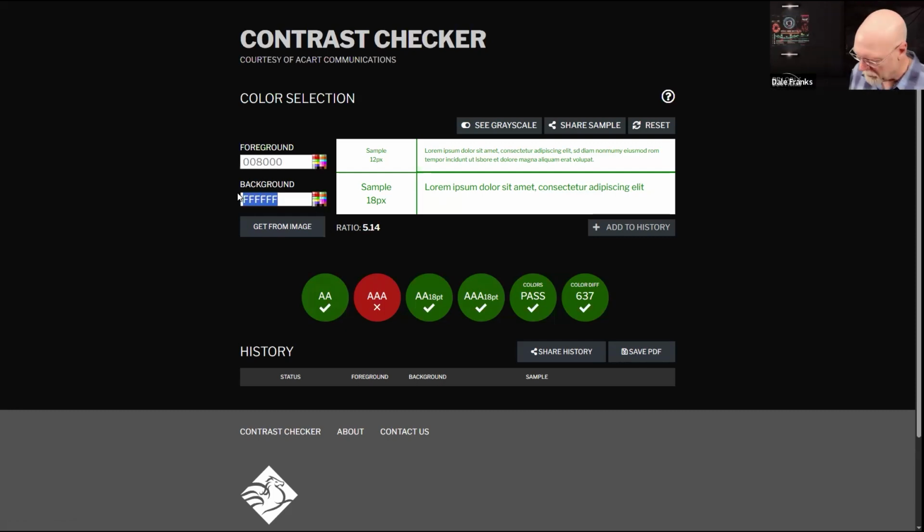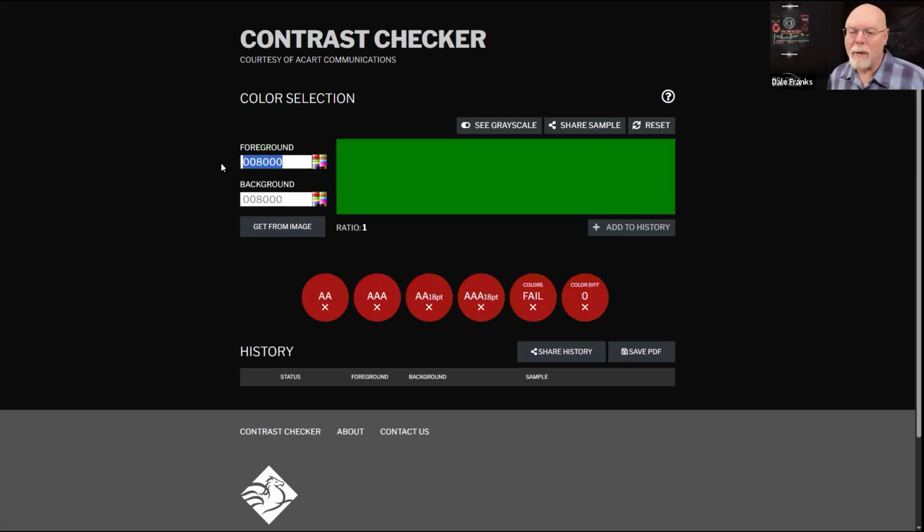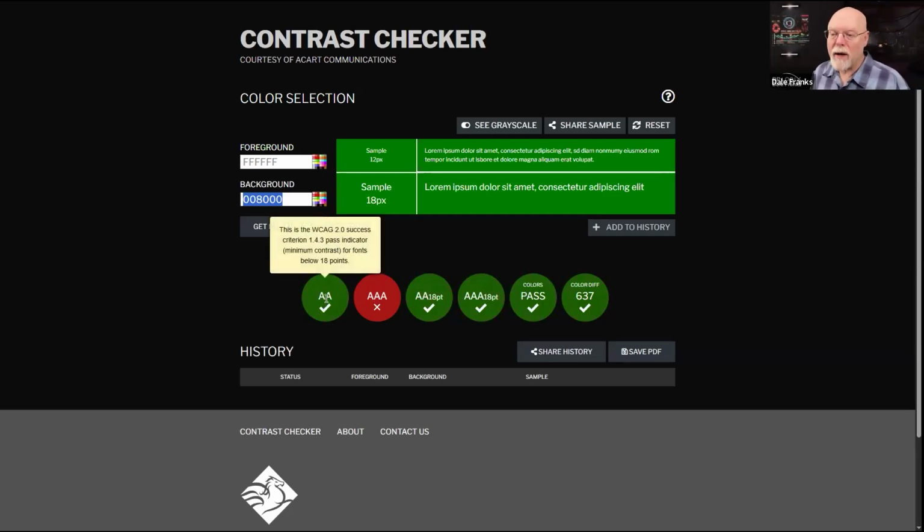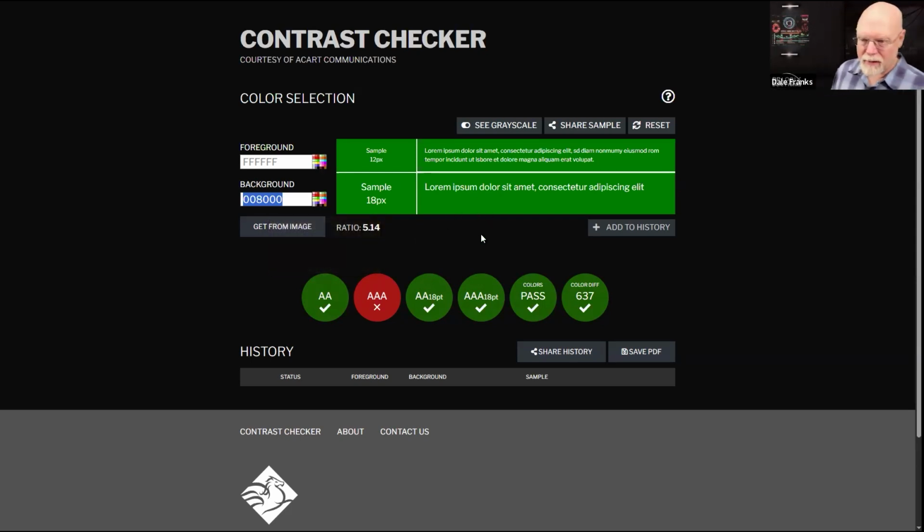Let's say I was looking for buttons and I wanted to see what the button color should be at the front. So we'll go with white to start off with because that's standard. Green with white, that's cool. So this would be an accessible button, and this would be an accessible green, the named green in HTML.